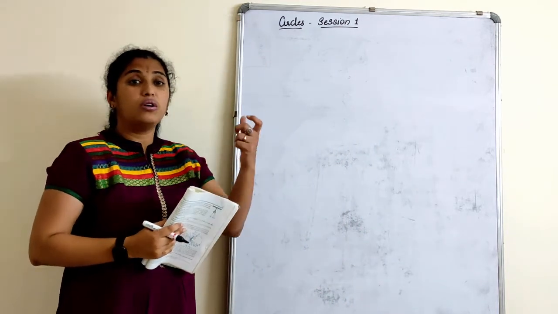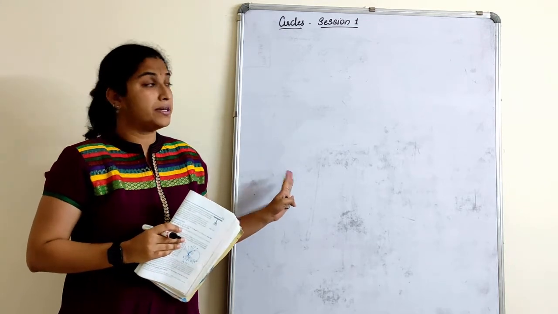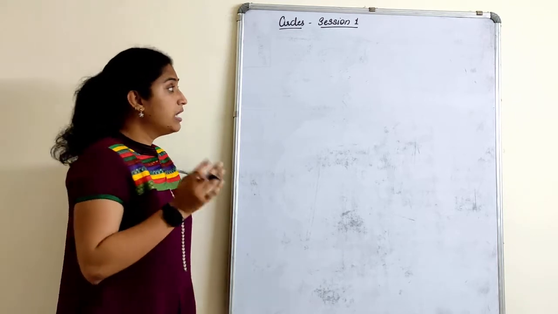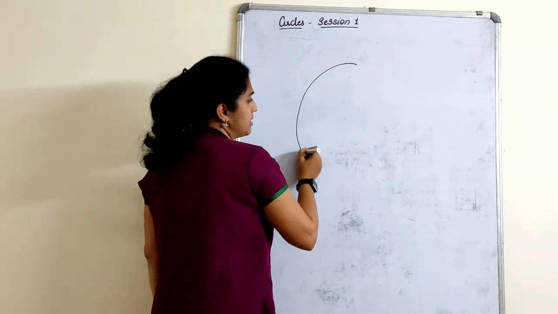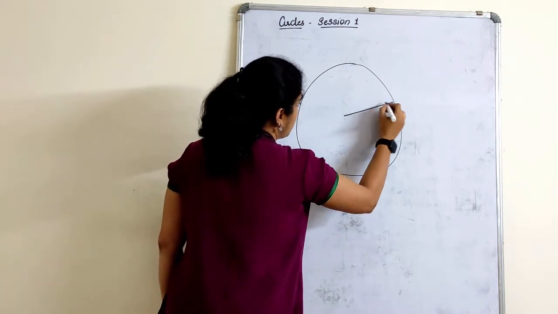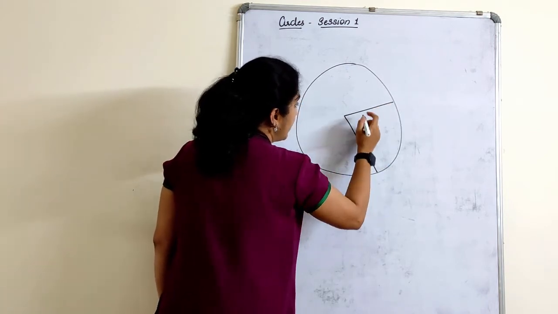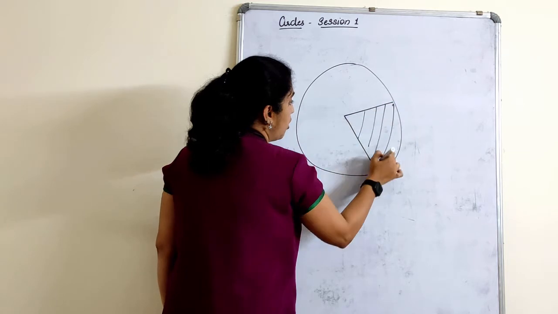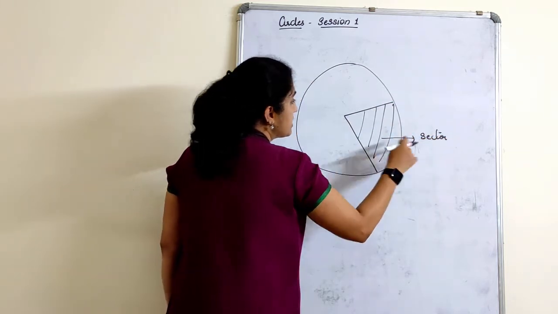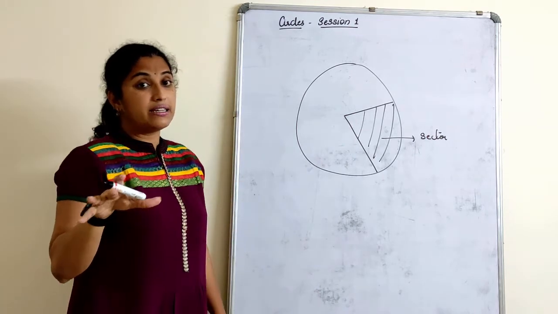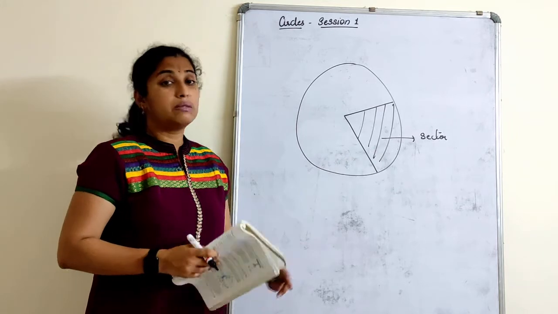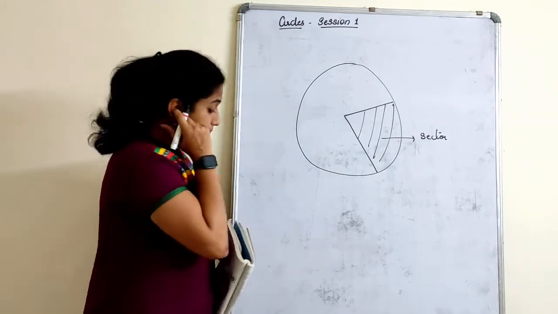We are not proving, only stating what you have to remember here. This was a brief introduction about the circle. Few more things I have to tell you, you will study again later. Looking like a circle? Yes. Now the region bounded by two radii of a circle is called a sector. We study this later under areas related to circle, but I thought I'll inform you now also. This portion is called a sector.